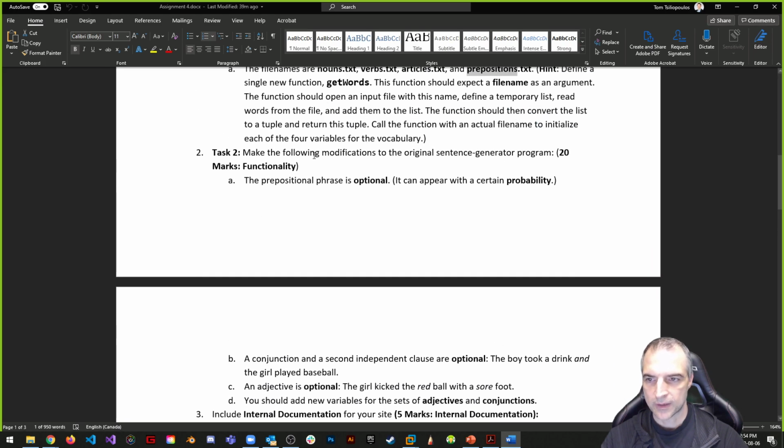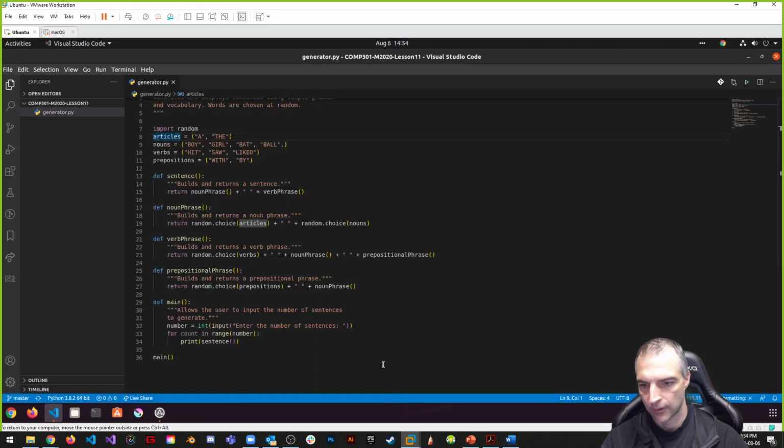So that's task 1. Task 2 is make the following modifications to the original sentence generator program. The preposition phrase is now optional. It can appear with a certain probability. So what does that mean? If you go back to here,